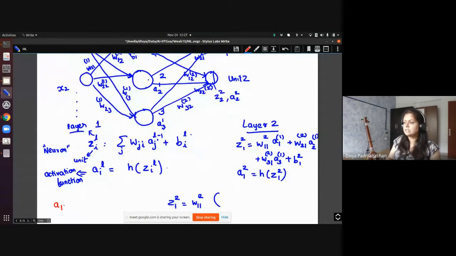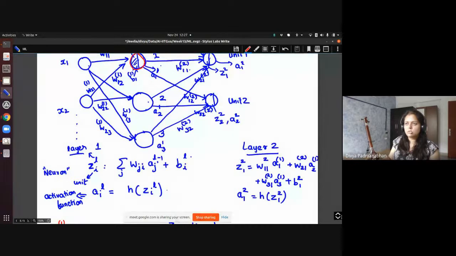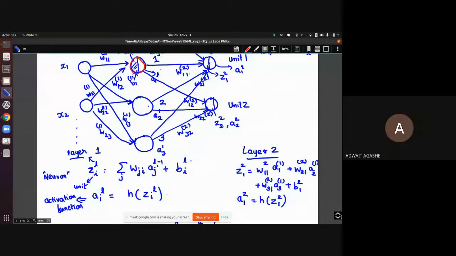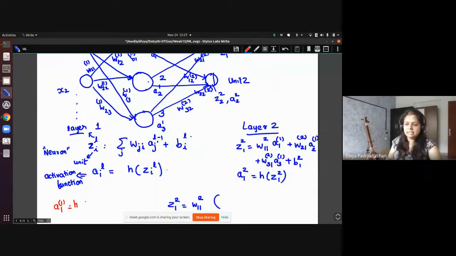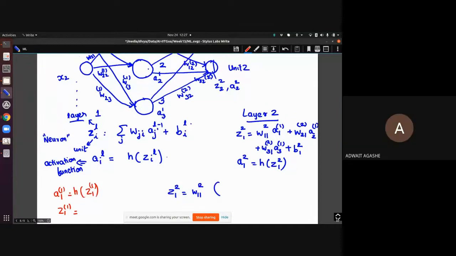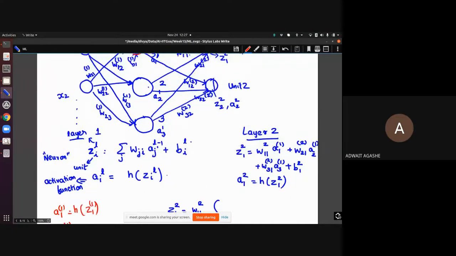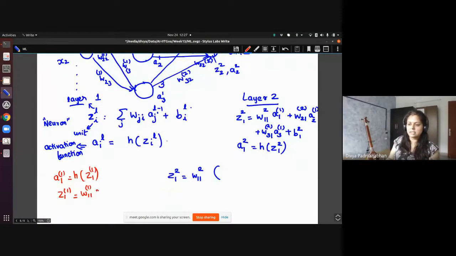So let's just write A11 once, maybe. That might make things a little bit clearer. So A11 is what? H of Z11, right? So this is one thing. So what is Z11? W11 of 1 times X1